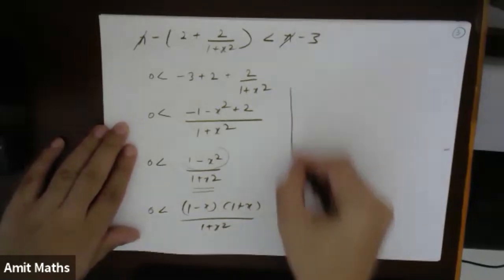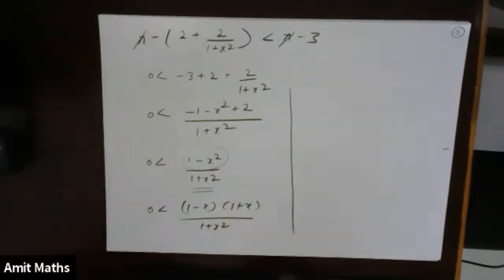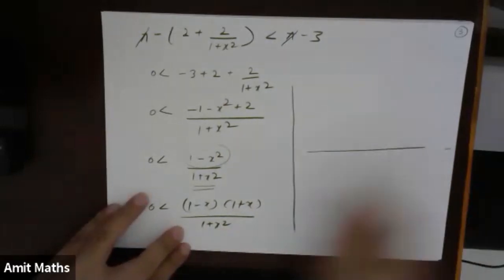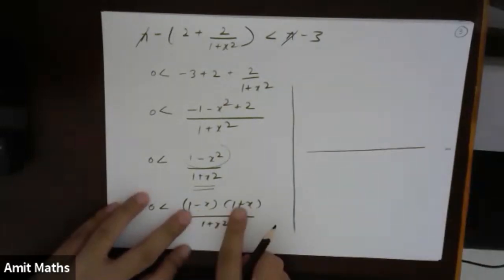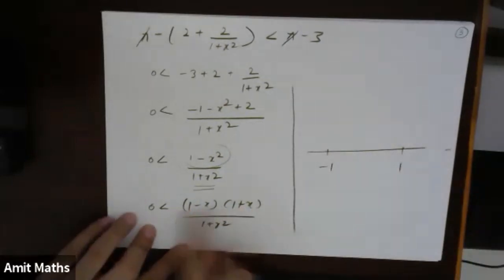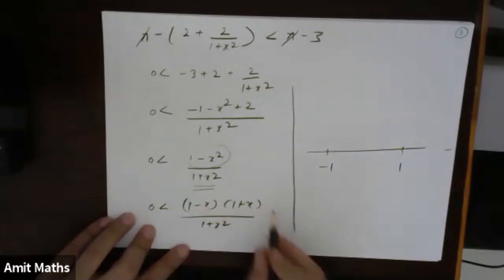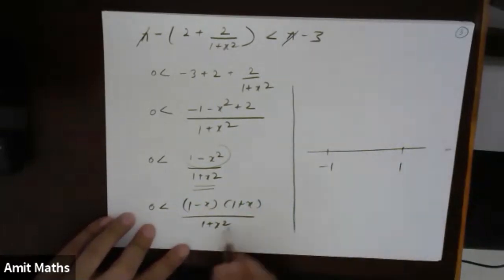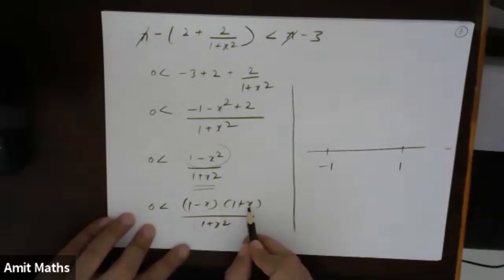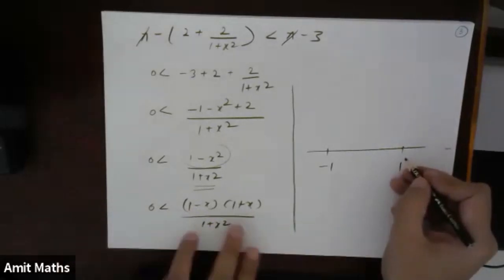So this is exactly similar to the wavy curve. There will be no factor for this one. So the factors are 1 and minus 1. So minus 1 and 1. At x tending to infinity, let's take x as a very large number, say 100. This is always positive. 1 minus 100 is minus 99. 1 plus 100 is 101. So the total is negative.